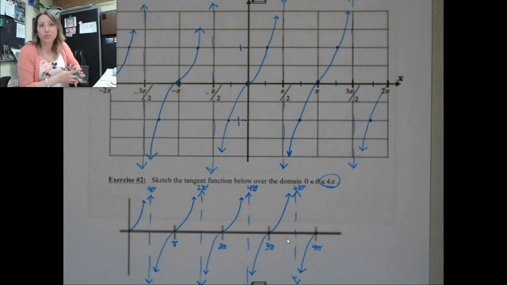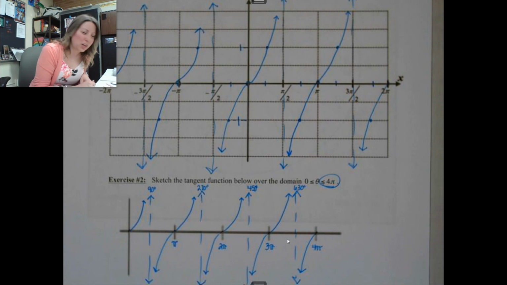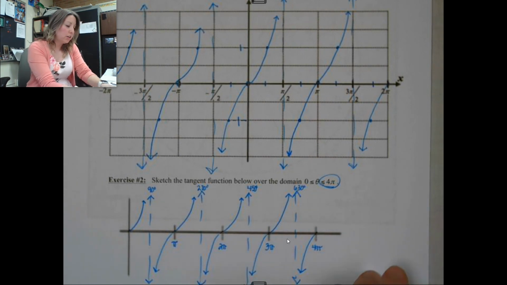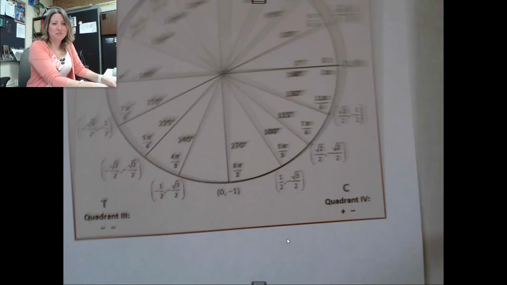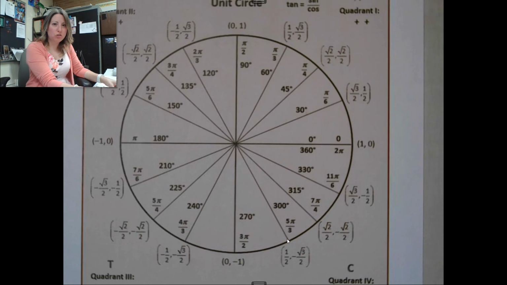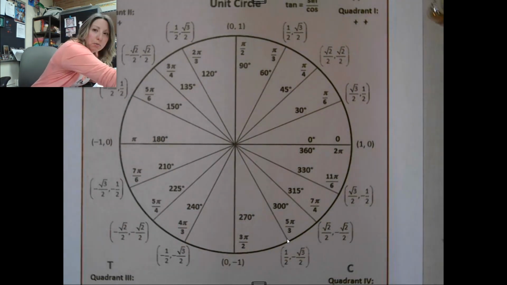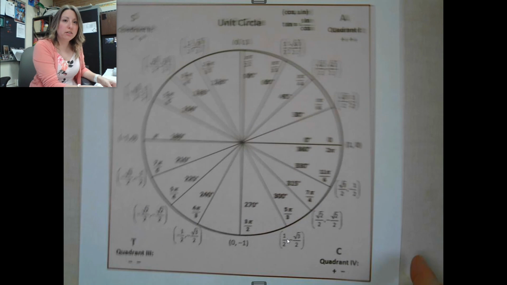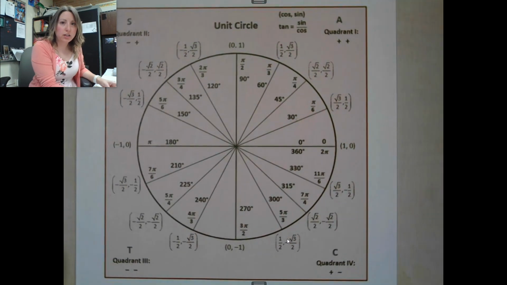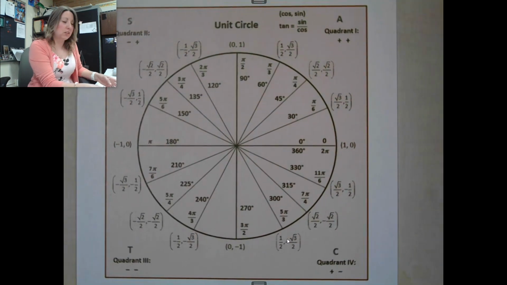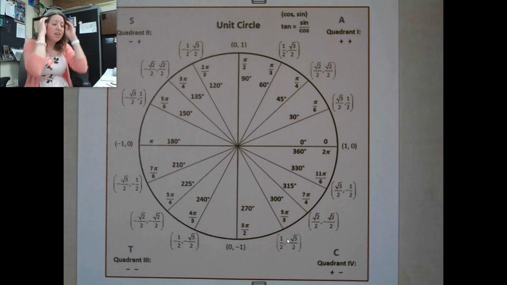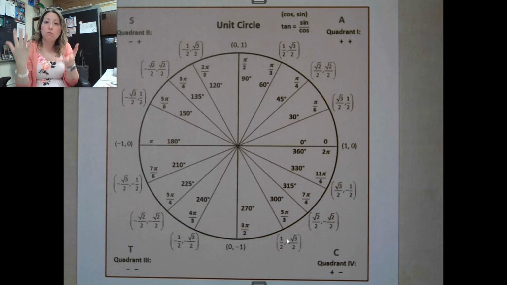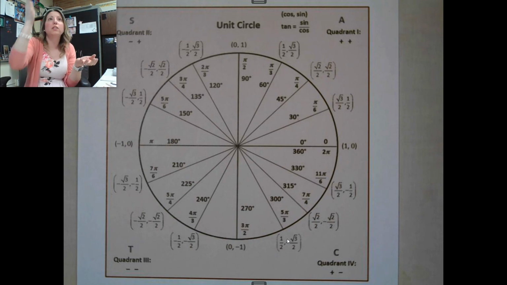All the pi over 2's. Think of it that way. All the pi over 2's have the asymptotes for tangent. Okay? And again, all of this circles back, see what I did there? To your unit circle. It all comes back to the way the unit circle is built. It always does. Because we've got the 1 as the radius, that gives us the sine as our y values, the cosine as our x values, and then that itself builds us the tangent function, because tangent is opposite over